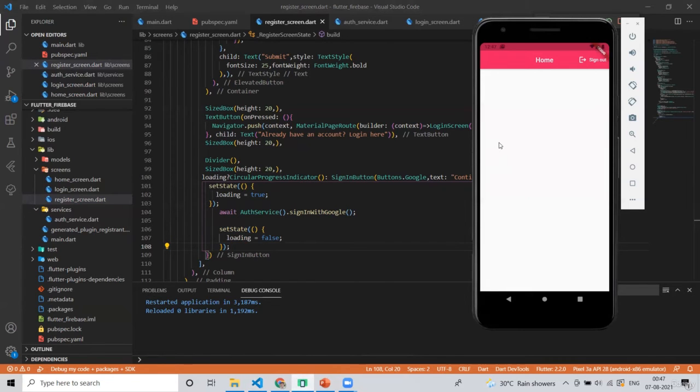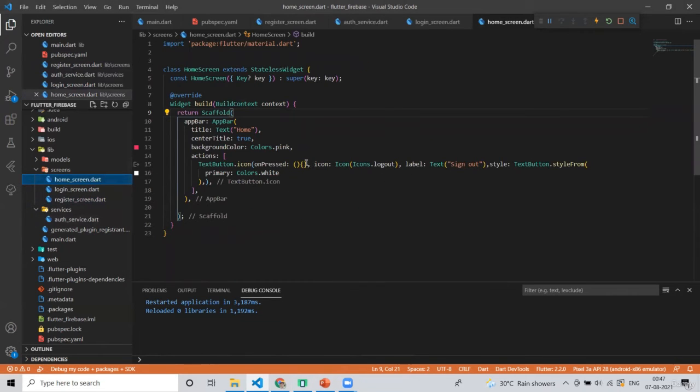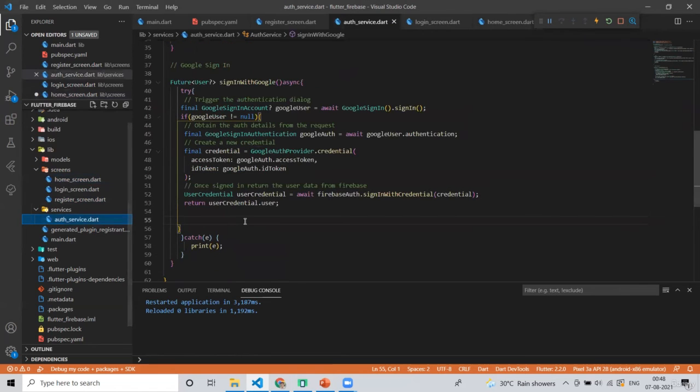Now, finally, we have to make sure our sign out button is working, because without it, we cannot practice or test our application. Now go to home screen. Here, the button is in the actions. Simply make it async. We should create a separate function in the auth service.